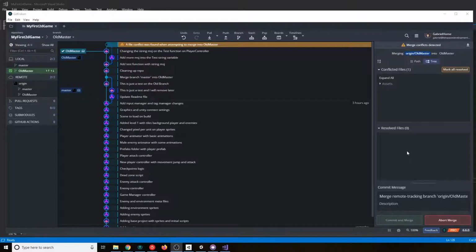Git will merge all of them, and Git will also try to merge as much as it can. Sometimes you can even have two changes in the same script, but Git is able to merge it if there's no conflict. For example, you were changing something on the top and someone added something in the bottom, so it's completely separated.